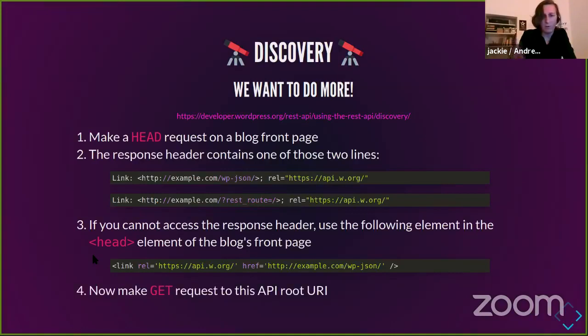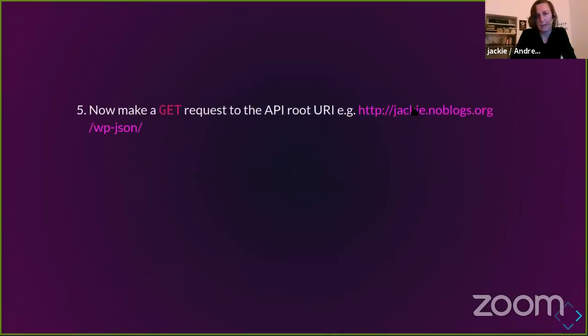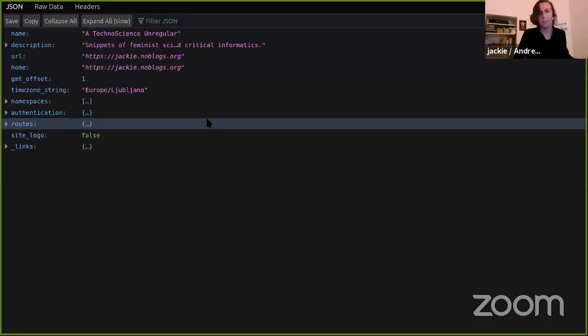So now we have the root URI, and we can just do a simple GET request to that. Let's take a look. And I increase the size here a bit. And that's what I get back from the root endpoint of the REST API of this blog.